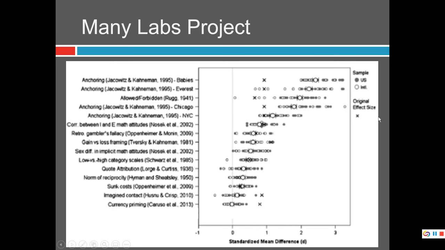So replicating further some other things to understand how well this works, and then some unknown studies to test the replication of those. So the first Many Labs project took these relatively well-known things, some of them like anchoring and adjustment heuristics, gambler's fallacy, and some unknown things like sex differences in implicit math attitudes, and the effect of imagined context on prejudice reduction.